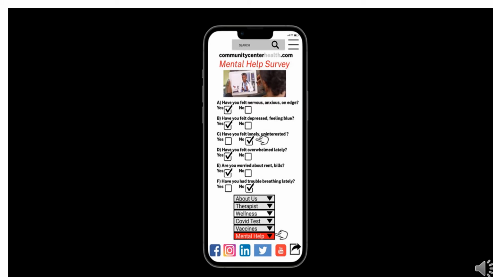Have you felt nervous? Do you feel depressed? Have you felt lonely, uninterested? What's good about this is that she's able to get the help that she needs when she needs it, and on her schedule as well, because one of her children is on the autism spectrum, and her kids, of course, are homeschooled until they go back.